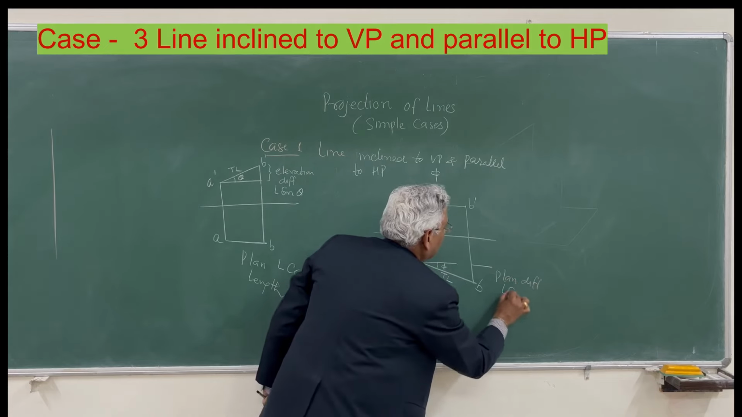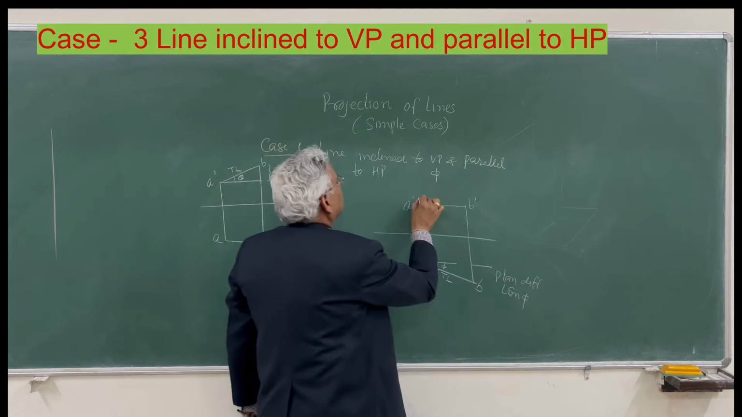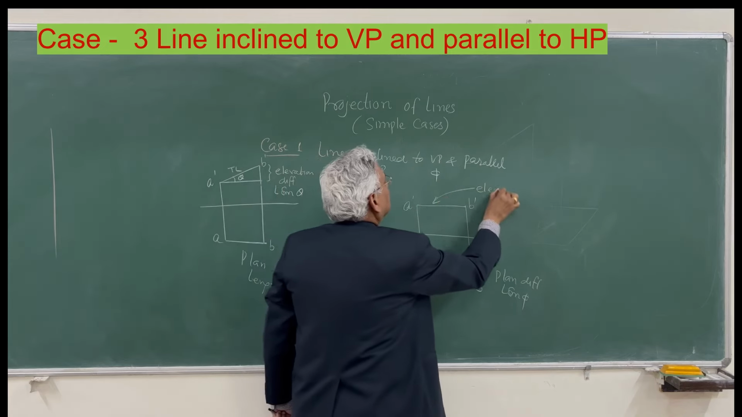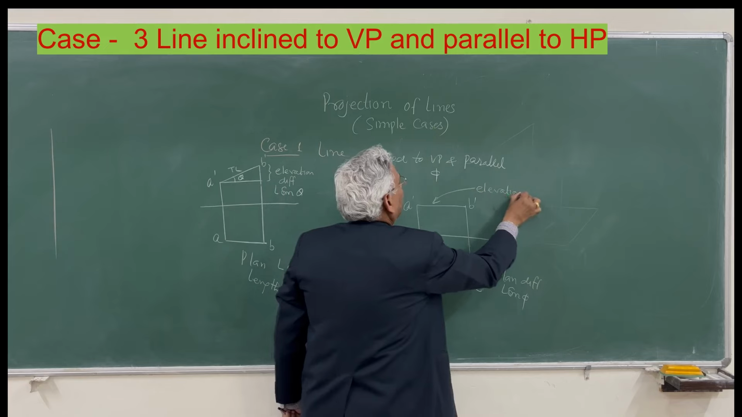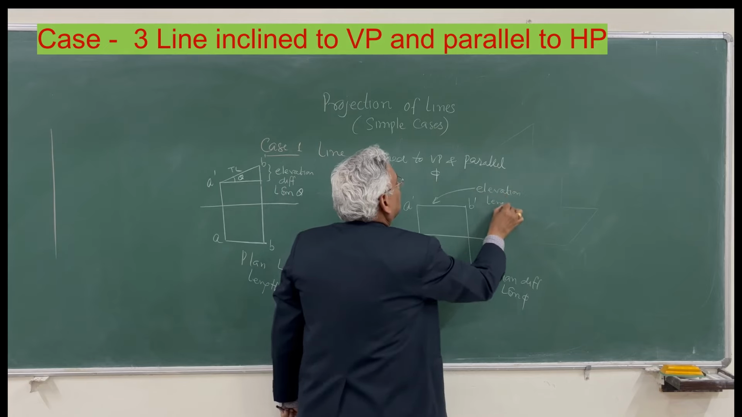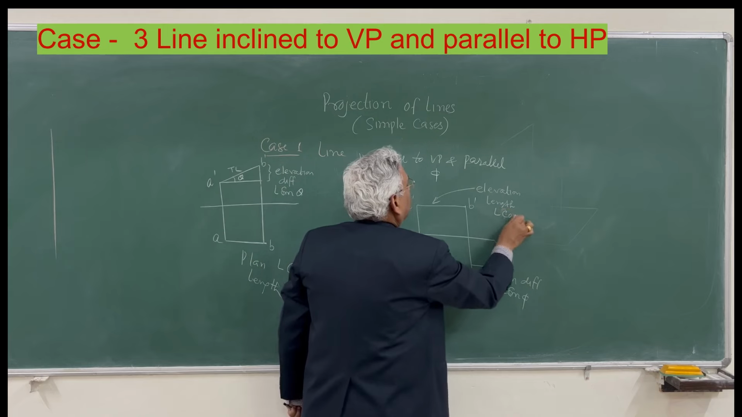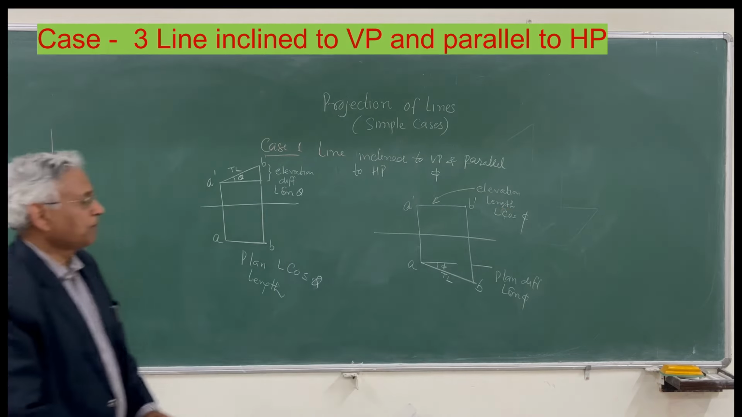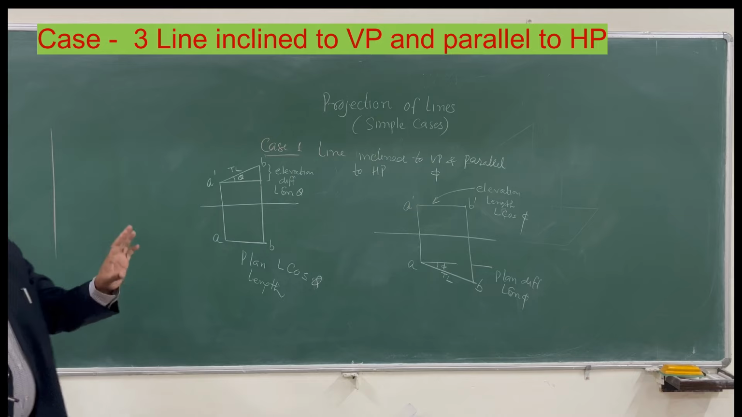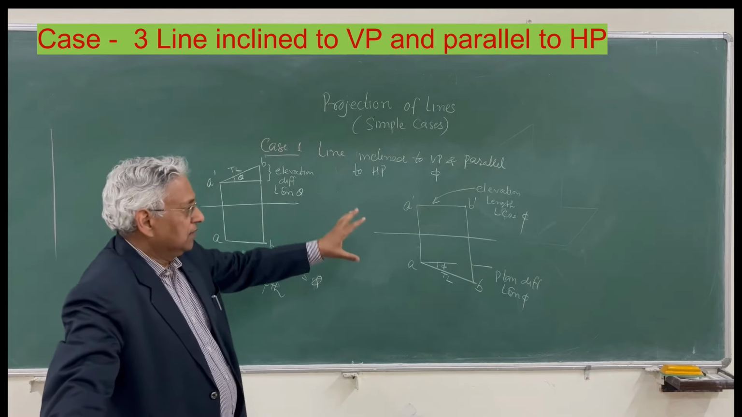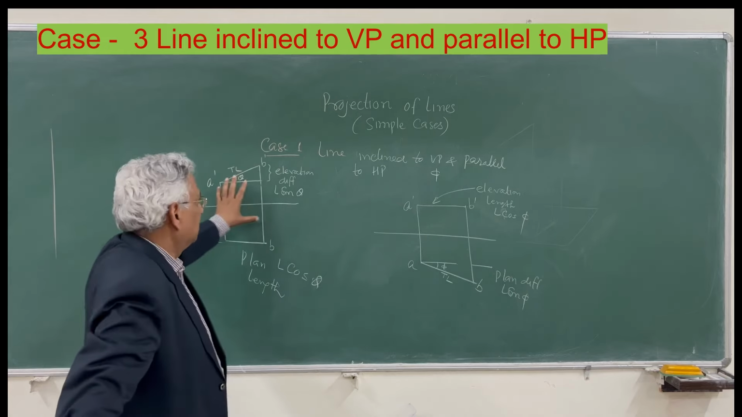which is equal to L sine phi, and this is elevation length, which is L cos phi. So whenever a line is inclined to any plane, there will be either plan difference or elevation difference depending upon